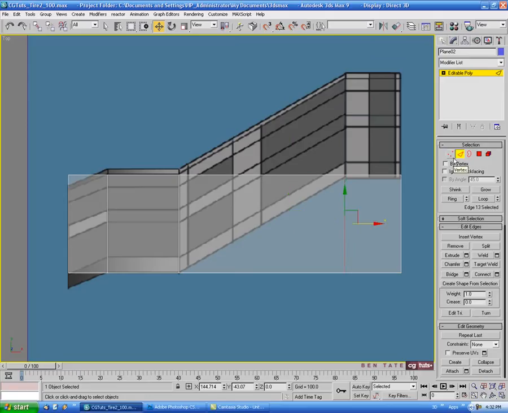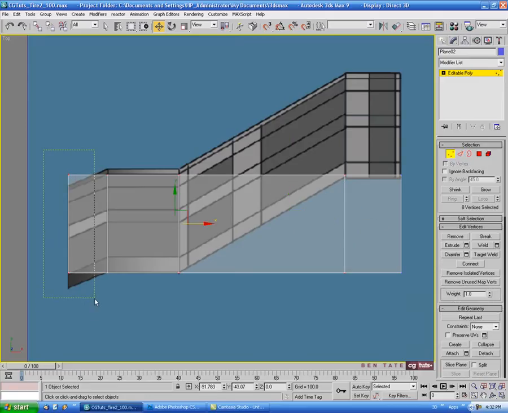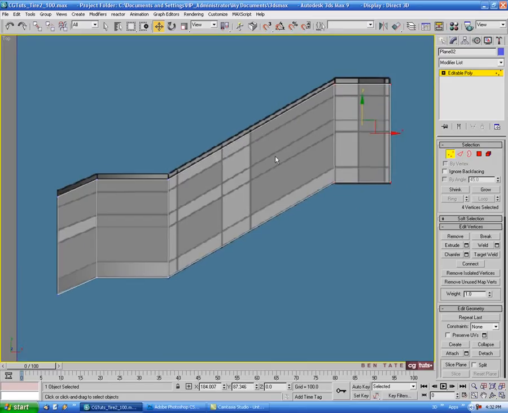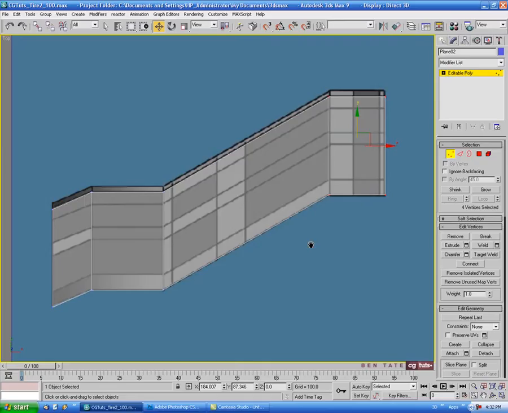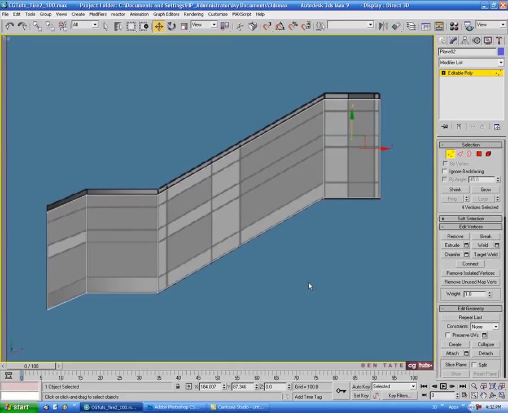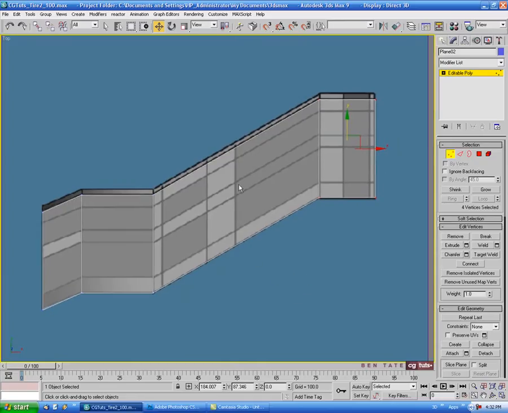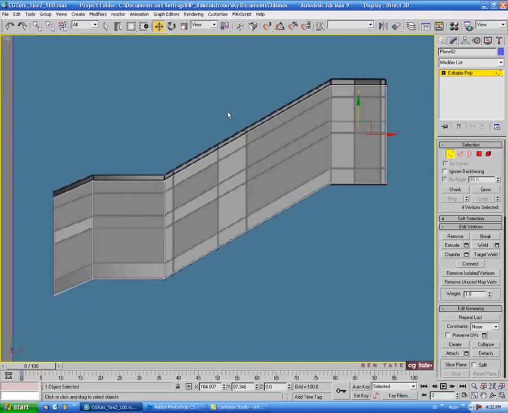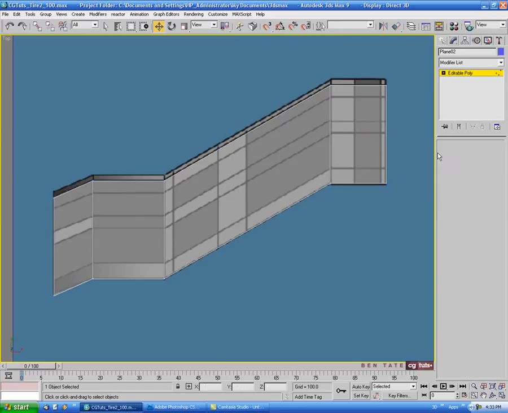Alright, then we'll go into Vertex and let's just grab these two end guys, and we're just going to move those straight down, and we'll grab the 4 at this side and let's move these straight up. Alright, just like that. So that's the basic shape we're looking for, and now we'll subdivide it a little further and add these other edges in the middle here. So let's do the vertical ones first. So let's do another connect here. Make sure you're on edge when you do that,